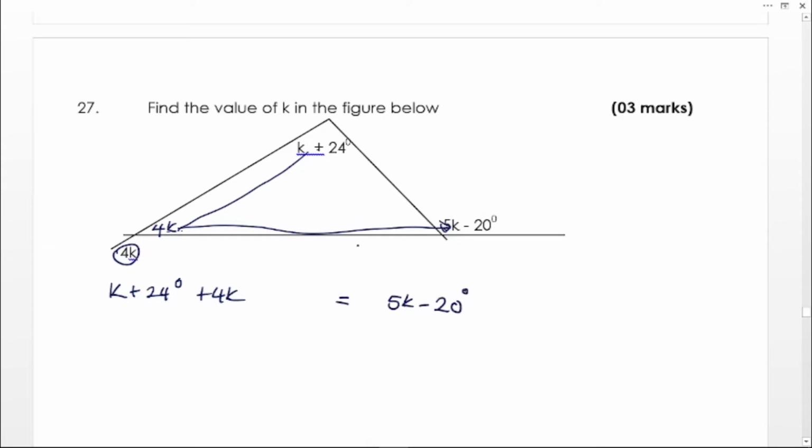My dear learner, this question required you to be well versed with the idea of algebra, algebraic equations and expressions. Now here we are collecting like terms. K plus 4k plus 24 is equal to 5k minus 20. Now minus 24 here, minus 24. Then here we remain with the